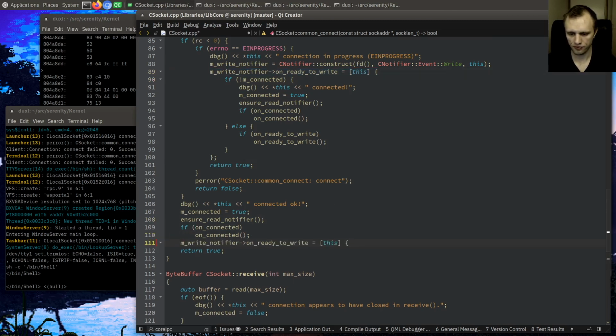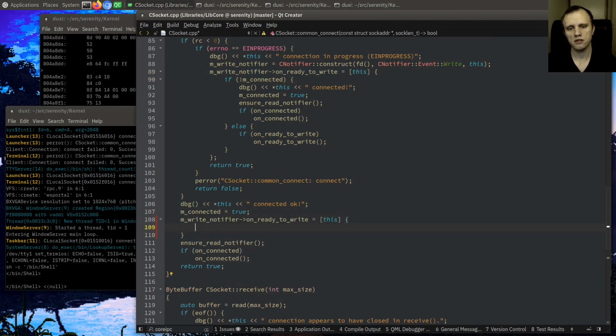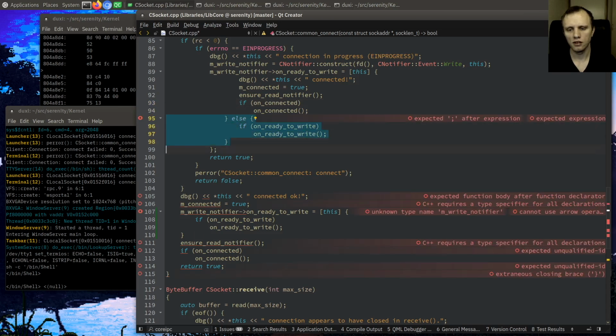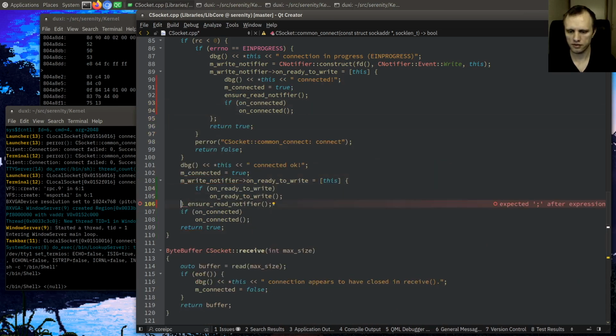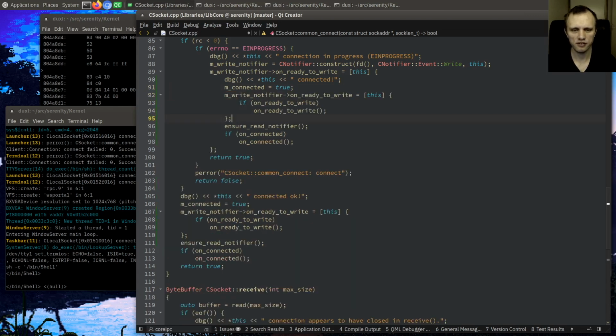So I guess we can just do this. If ready to write. If not connected. So this one's a little bit strange, because we can also do it a little bit differently. Because essentially what we want to do is we want to set up a different notifier at this point. Which is really strange, but